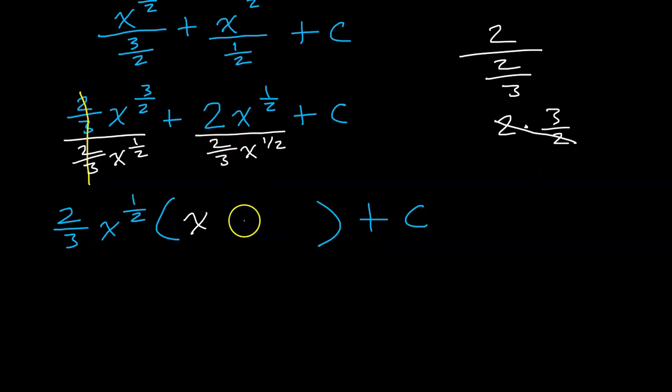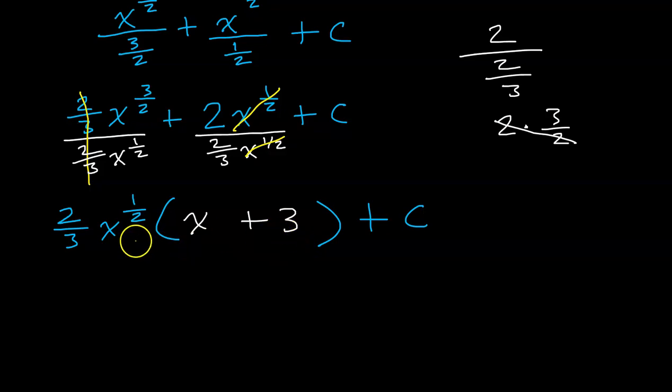So I'm going to end up with a 3. So I'm going to have a big old 3 right here. Of course, we have x to the 1/2 power divided by x to the 1/2 power. Those simply cancel each other out. And we have only the 3. So if we take out this common factor outside of the parentheses, this is what we are left with inside